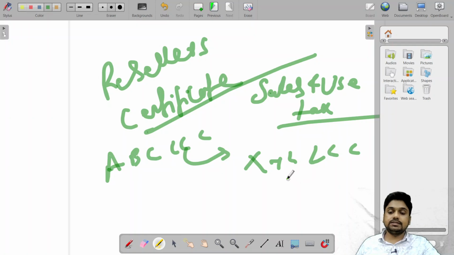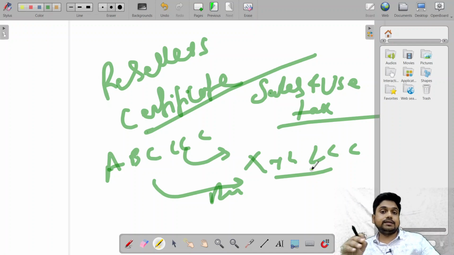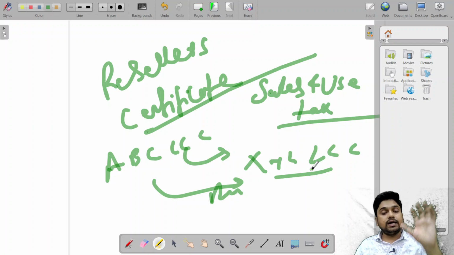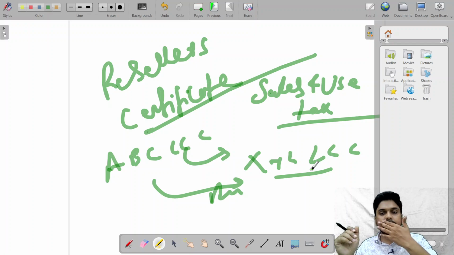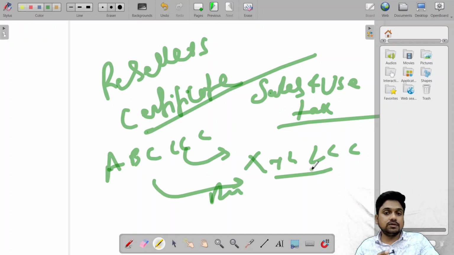In that case, you need to collect a reseller certificate from XYZ LLC. That certificate is the confirmation from XYZ LLC that they are purchasing product from you to resell to another entity or to the consumer. So XYZ LLC is purchasing product from you and reselling it to the consumer.